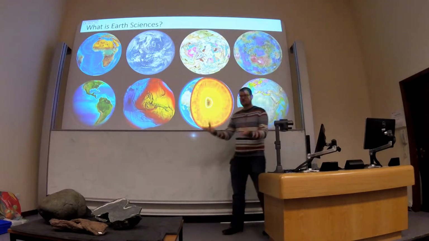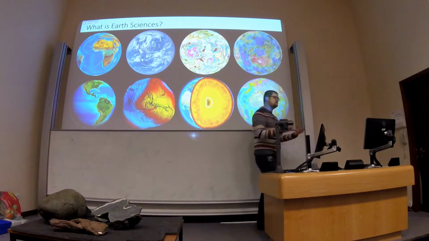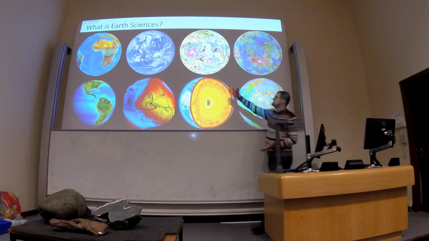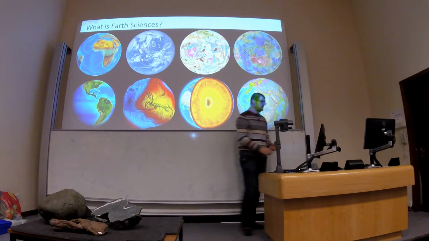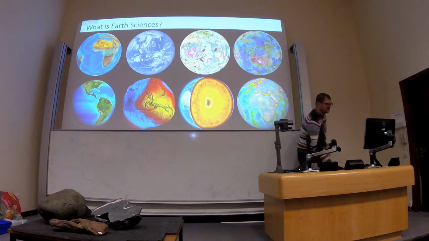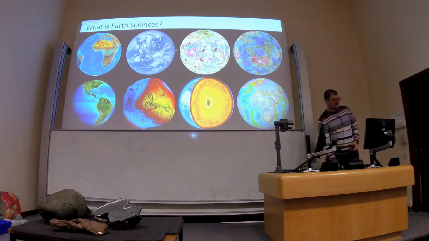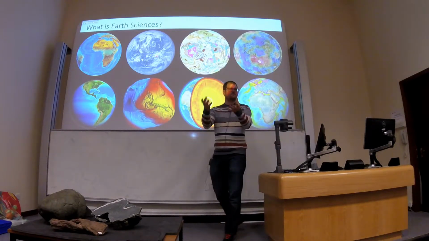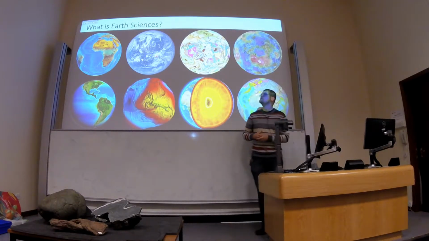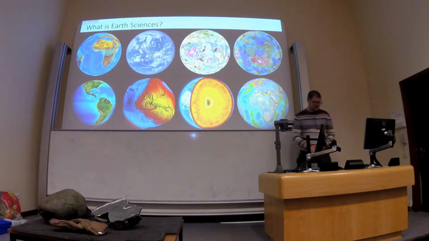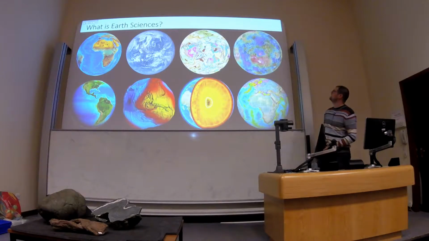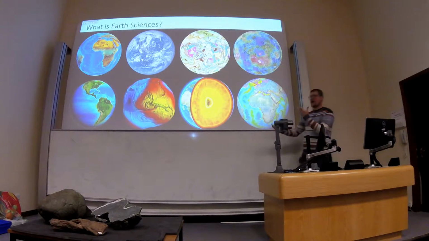So earth scientists basically look at the earth. Okay? So we look at the earth, but we don't just look at it kind of, so these top images up here, this is a false colour image of the earth with the ocean stripped away. This is just a satellite image of the earth. We don't just look at it with our eyes, we also use things like remote sensing to determine. So this is the remote sensing image of Venus, so we also look at other planets,